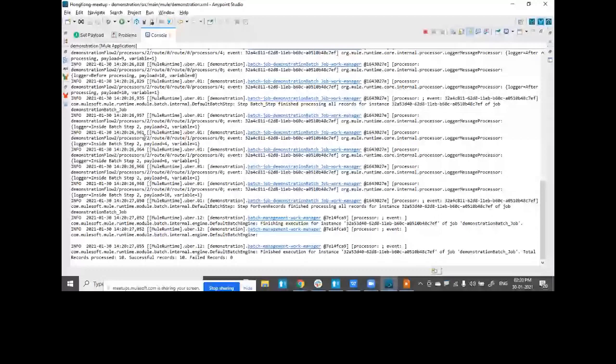I'm getting only even records printed. And I can also observe that for each and every payload, whatever variable value we incremented from 0 to 1, I'm getting that value back.